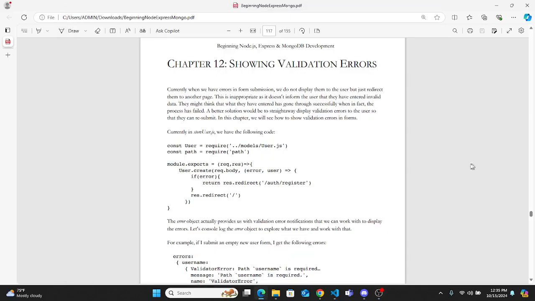We are doing chapter 12, and I'm with Asanda as my navigator. In chapter 12, we're going to be showing validation errors. And then on our store user.js, we